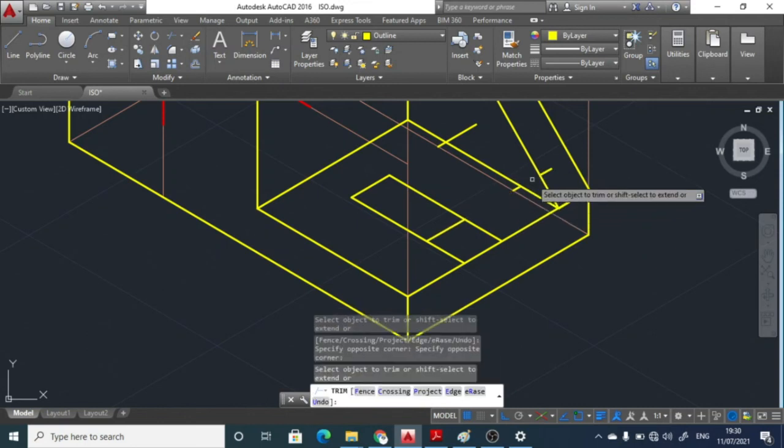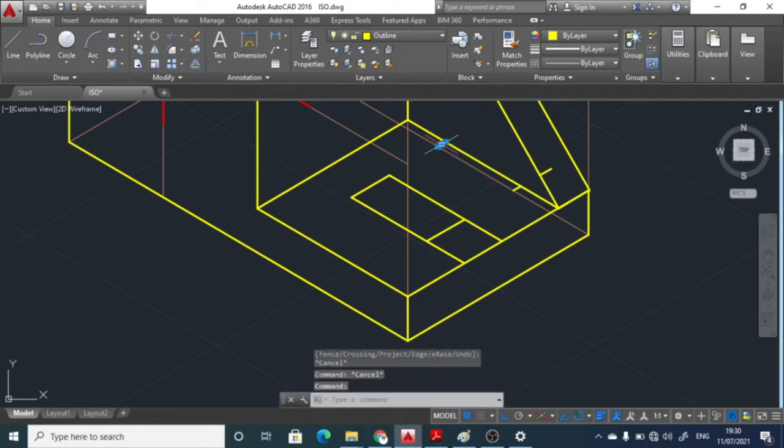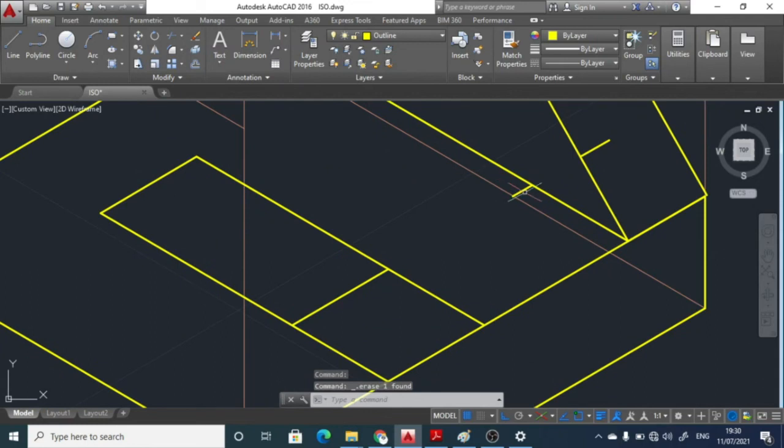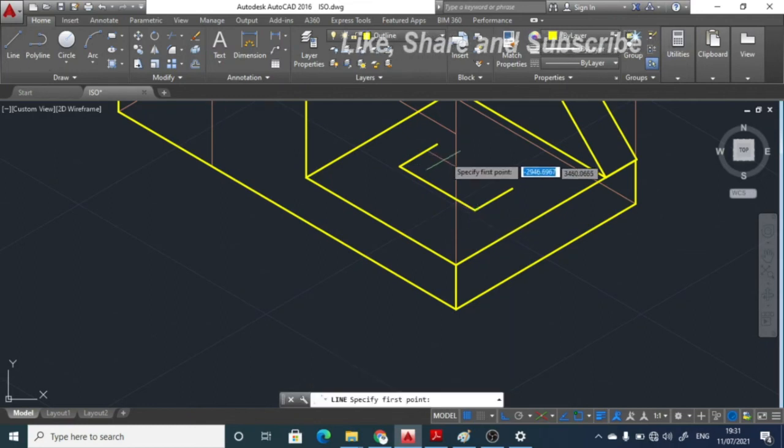Those lines we cannot trim, just click on them and press the delete button like this. This is also we're going to delete over here. So this whole line is deleted. Once again we can draw the line over here.